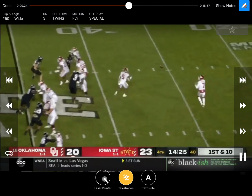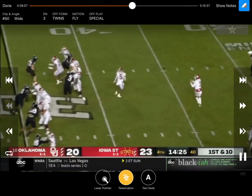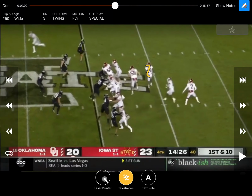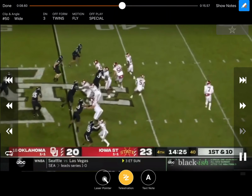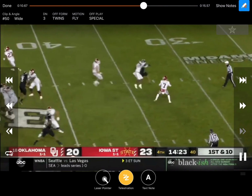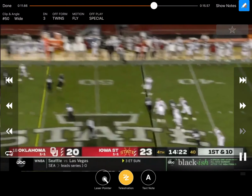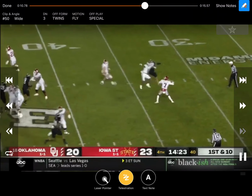blocker. So he flips it back like he's running the option to the quarterback, and then he turns, and now he's sealing that edge. And you can see with this fly motion right here, he ends up looking back, and then he ends up wheeling down the sideline right there. So the quarterback gives him a little bit of time, not just a huge ball, gives him a little time to get down the field, and Iowa State did a great job of playing that and staying over the top